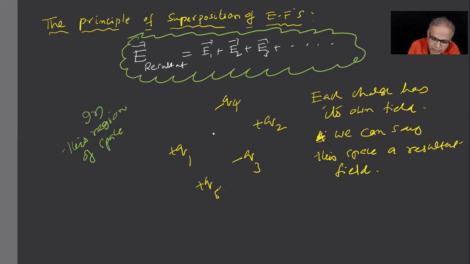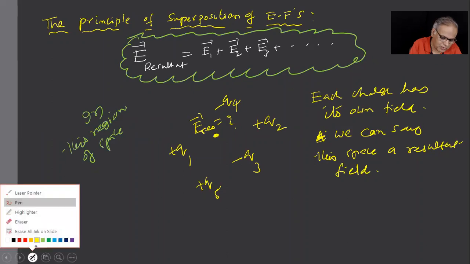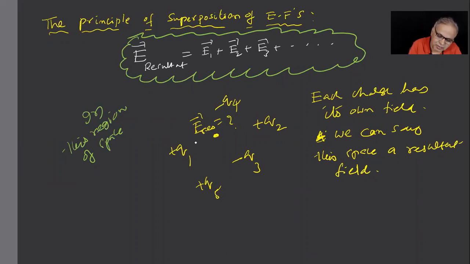Right? So at a point, if I want to calculate one field, E resultant, I'll calculate E of each of these charges. Say Q1's E, I'll say it is E1. It will be away like this, isn't it? This E1 is there when all the other charges are not there, actually speaking. But even now I'll think that this E1 will be still there as if the others were not there, for my understanding and adding later.